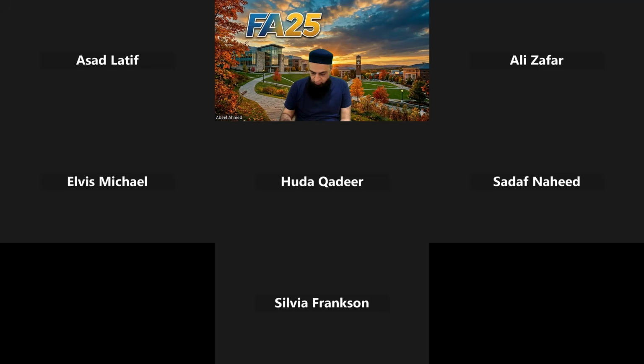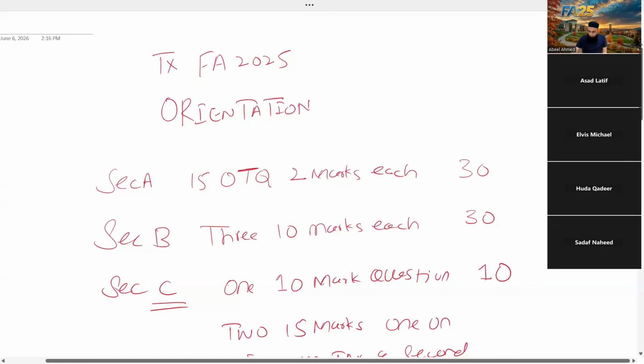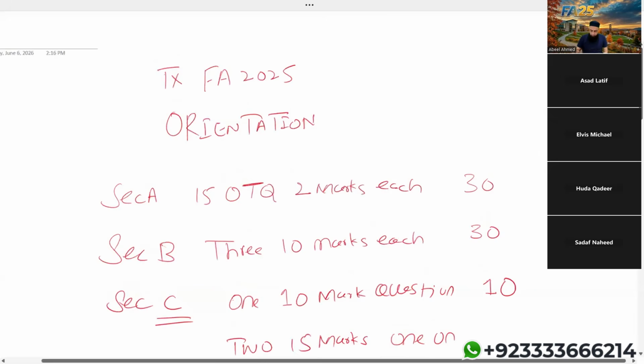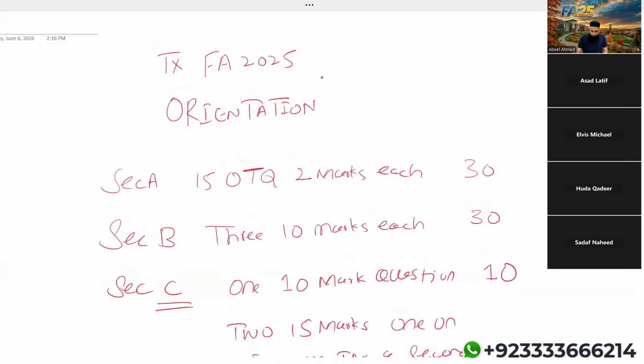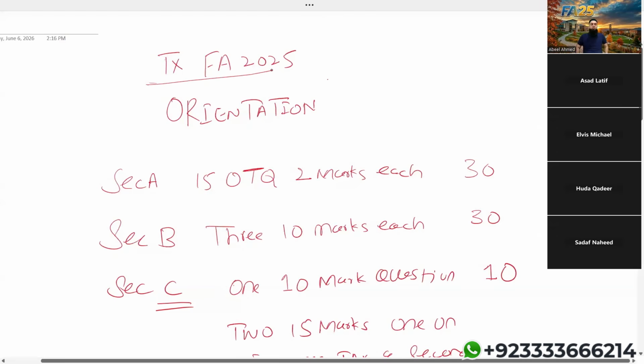Let me just share the PDF. Okay, students, first of all, let me make one thing very clear, which is necessary. You will be studying taxation and the Finance Act 2025. This Finance Act is valid for the next 3 attempts. One is September 26, second is December 26, and the last one is going to be March 27. So this FA25 is applicable for the coming 3 attempts.